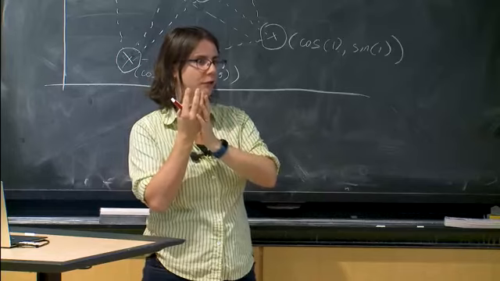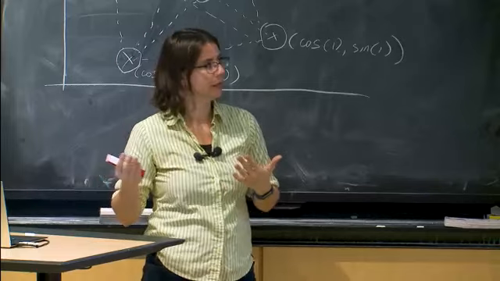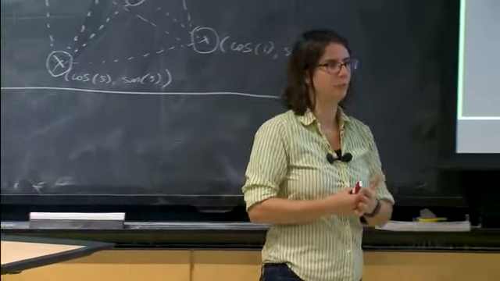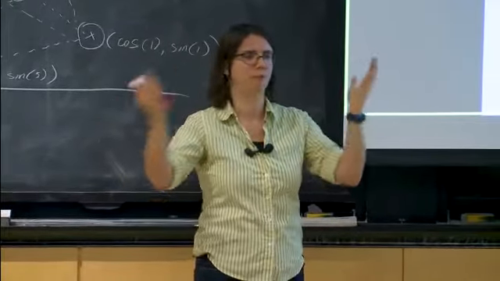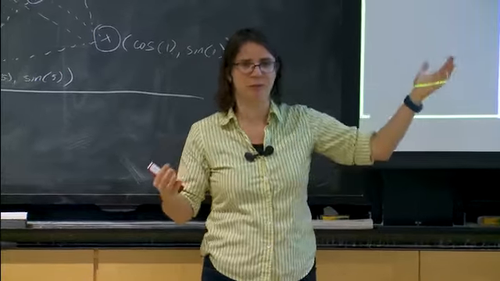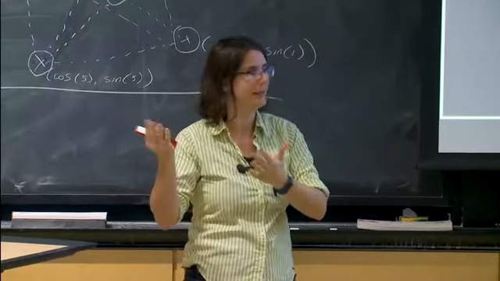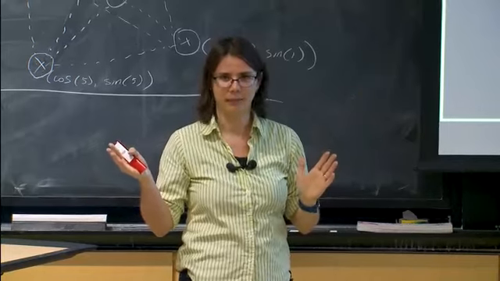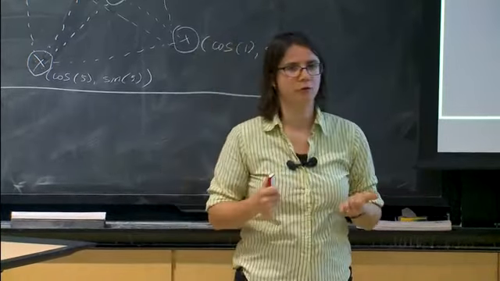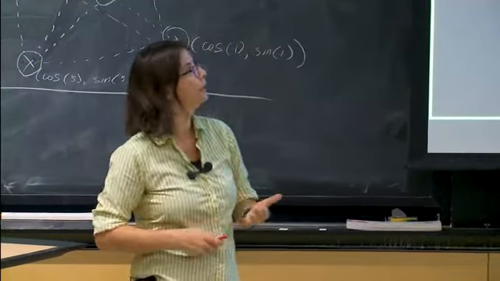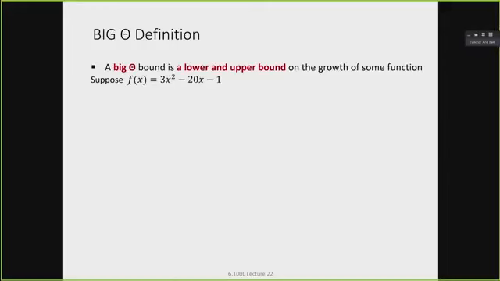For the reason I just stated, right? I said x factorial, 2 to the x, all of these functions that grow much faster than my function are all upper bounds. And that's not really helpful for us when we say this function is big O of whatever, because you can just pick something that grows ludicrously fast and say that has no meaning. So instead, what we usually report is the theta, which is actually an upper bound and a lower bound